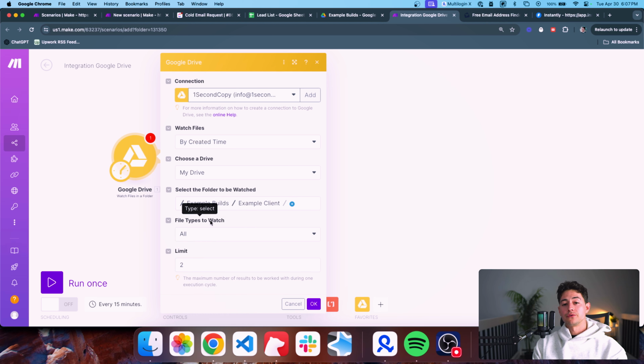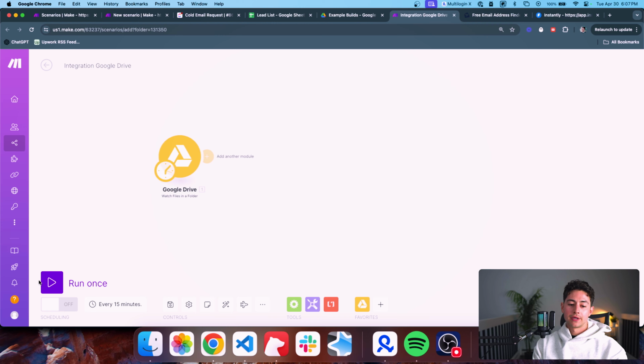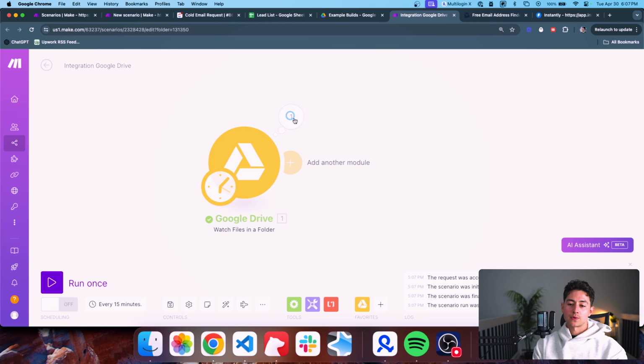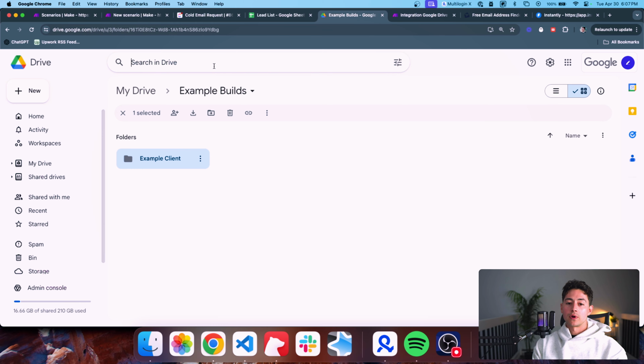And then here's a really cool thing that you can do. You can select the file type to watch. So we're only going to select the Google spreadsheet, and we're just going to do a limit of 1. Now I'm going to run this. Nothing's going to happen here because we haven't actually dragged and dropped anything in yet. But what I'm going to do is I'll go